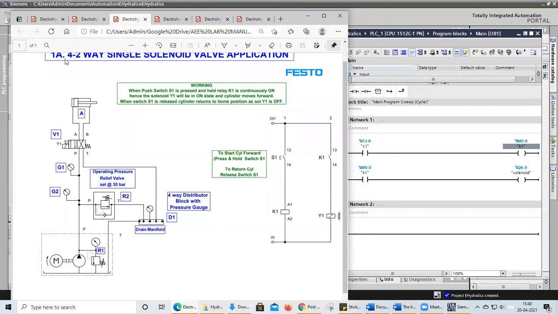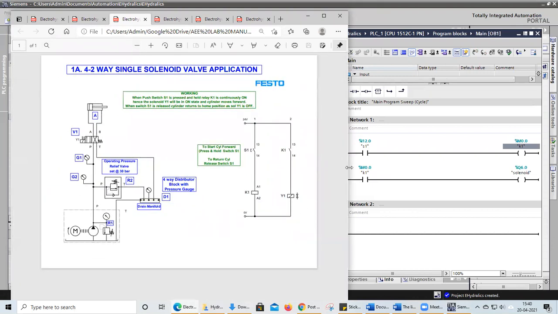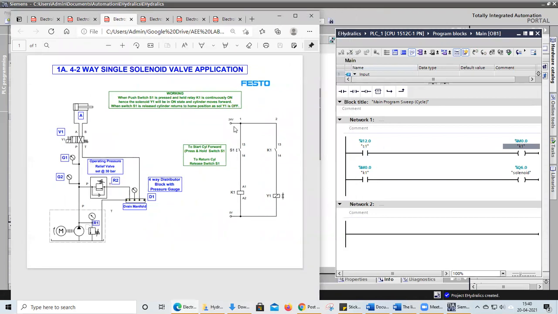See, I will reduce the size. Okay. Here the rails are 24 volts and 0. Here this rail is also 24 volts only. And this switch S1 is our S1 switch. And this coil K1 is our K1 coil. This is our memory coil. And this memory coil is activating this one. So this one is activating this coil. And this is my solenoid. Okay. As an electrical circuit, we will design in this way.